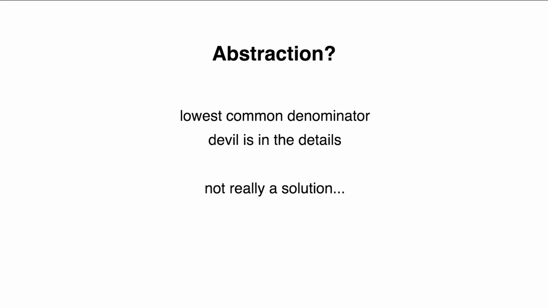We get some questions about this idea of, well, can we abstract? Can we find the common overlap and then abstract those types of things downward? I don't necessarily know that this is really a solution. You're adhering to the idea that you're really just getting the lowest common denominator of functionality, and that's not necessarily something that I think we all want. Oftentimes the devil is in the details there. We're talking about little things that we can do to optimize, or little bits of functionality that we want to take advantage of and that we wouldn't be able to through abstraction. So we don't really see that as a solution.